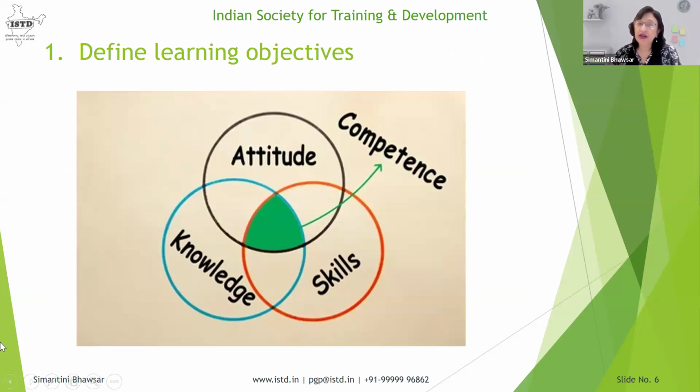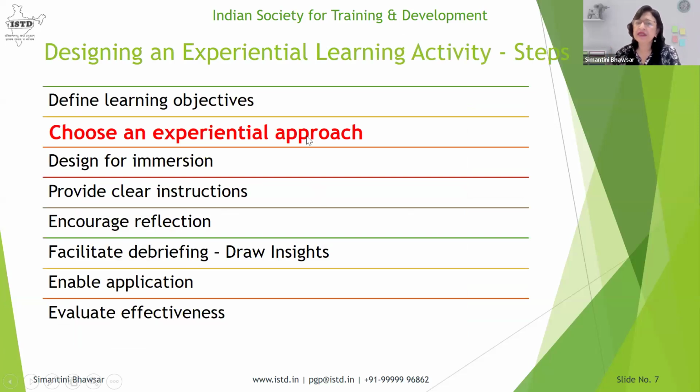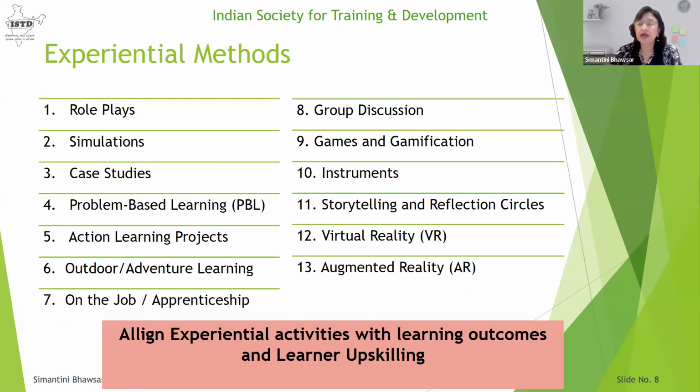Okay. So for example, the next portion is you have to choose an experiential methodology. Now we have looked at, in our last class itself, 13 of them. 7 we are going to do in detail. The rest we had an overview. Other than this, you had given me so many more experiential learning activities. In the manual study material that has been forwarded to you, there are many more activities.